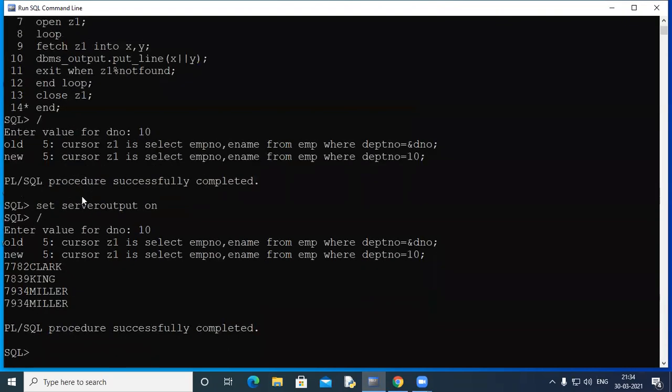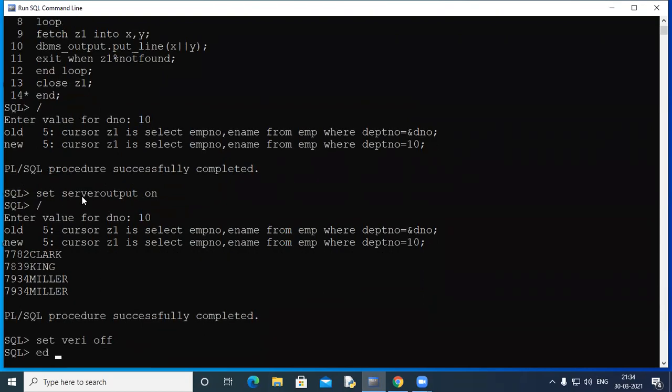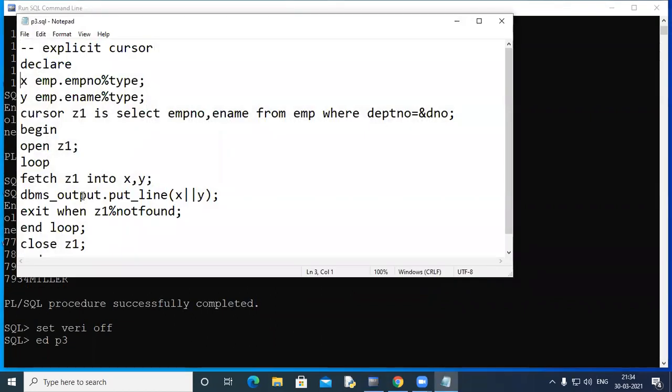So you can see how many rows are coming? The last row is being repeated. Can you see the last row is being repeated in your output? Kindly see it carefully. So let's rectify that.